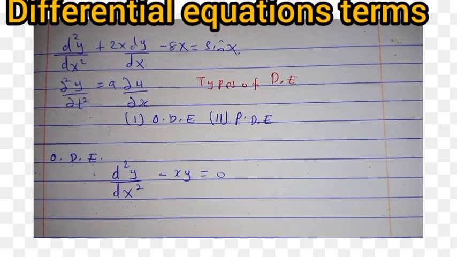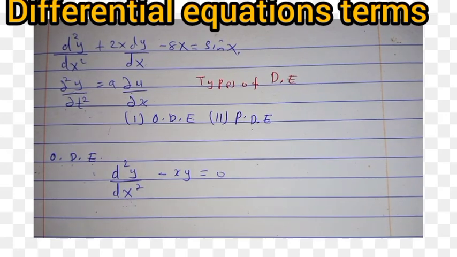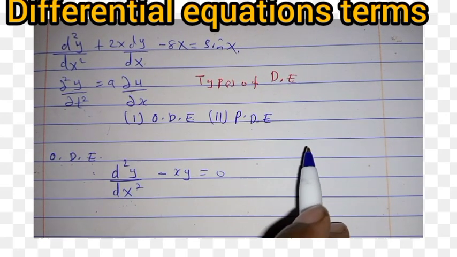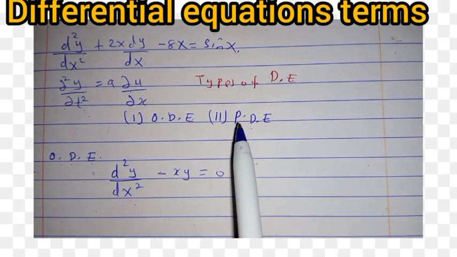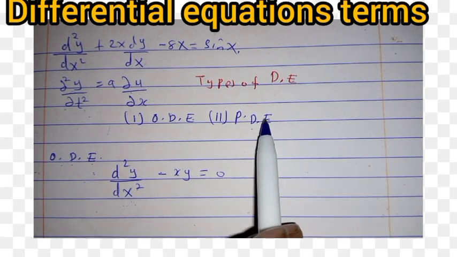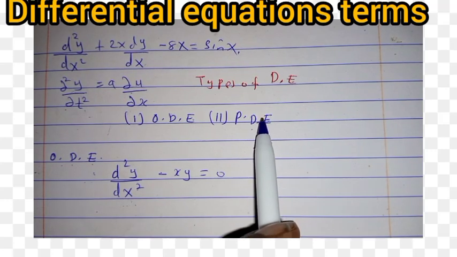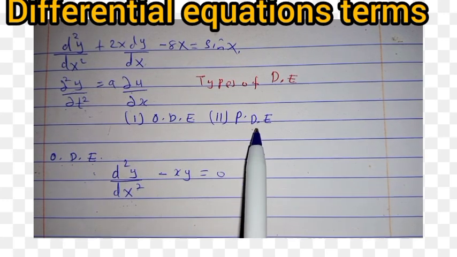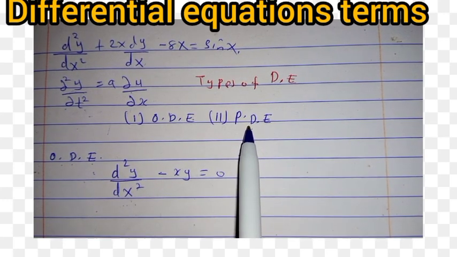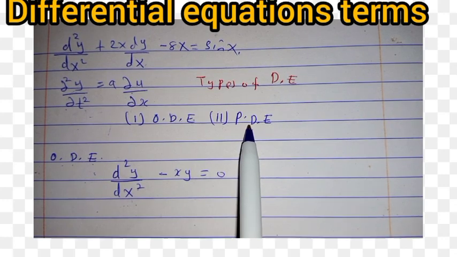What about PDE? Partial differential equation. A partial differential equation is a differential equation that involves the derivative of one dependent variable with respect to two or more independent variables. So in a partial differential equation, the independent variables are two or more. For example,